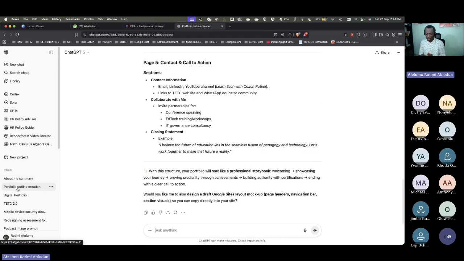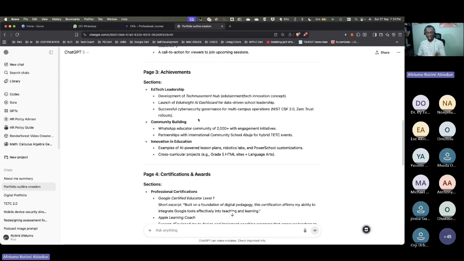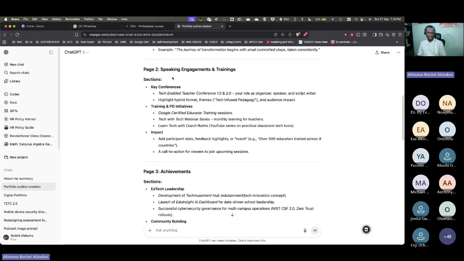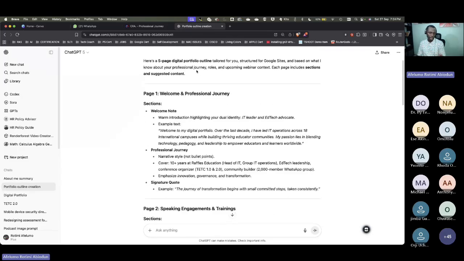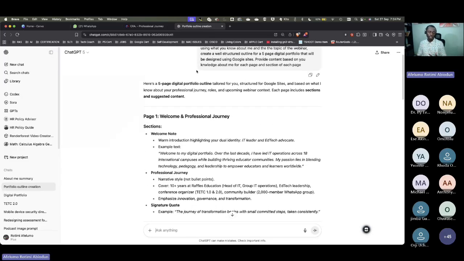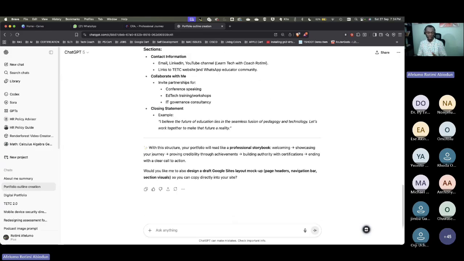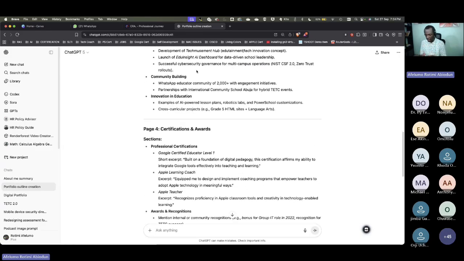Again, you could decide whether it is just about me. You can decide the different pages of your website. So this is part of the planning process: how many pages do I want to have and what are the topics of those pages? You can use ChatGPT to also provide that to you. So it gave me certificates and awards, EdTech leadership, speaking engagements and training, then welcome and professional journey. Once it had done that, I went ahead and asked it to provide content for each of those categories,